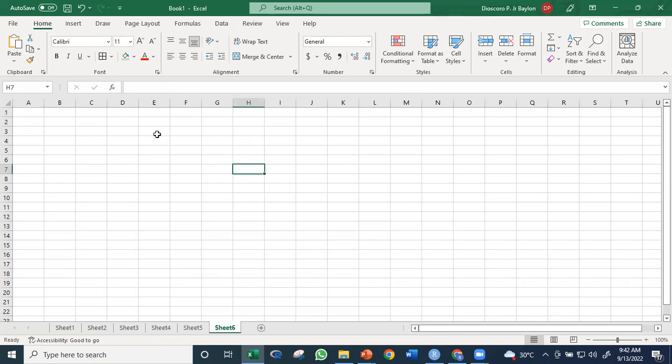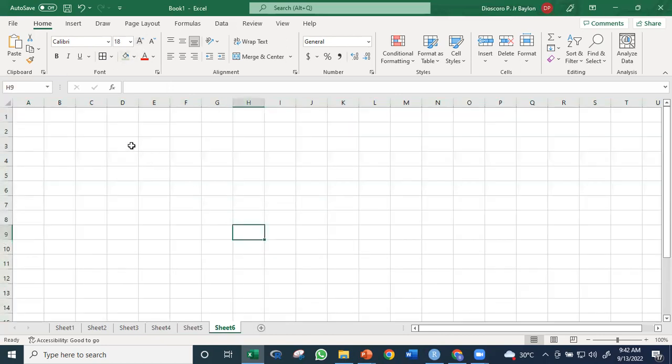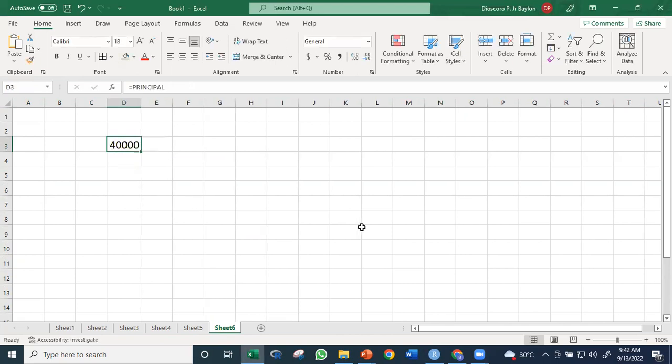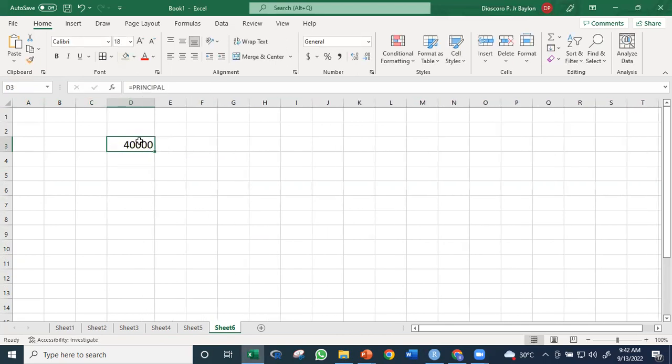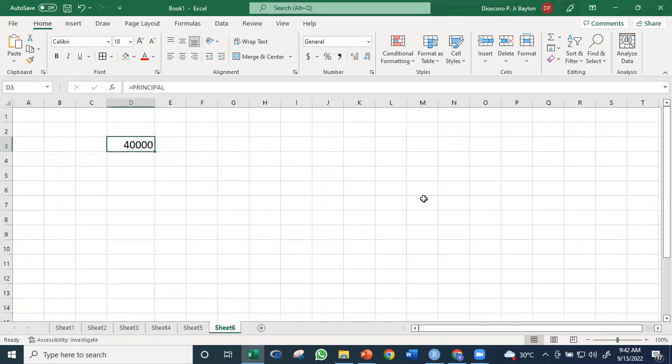Okay. So suppose I need a value of the principal. Okay, so I'm in sheet number 6. I can just type PR there, principal. Okay, and it will give me the 40,000. So this name principal works in all the worksheets. Okay, unless there's a conflict, and